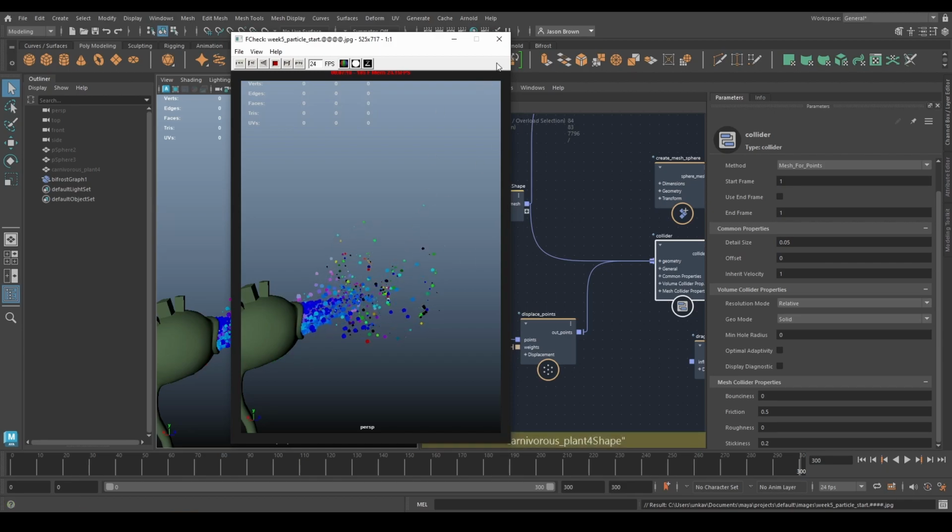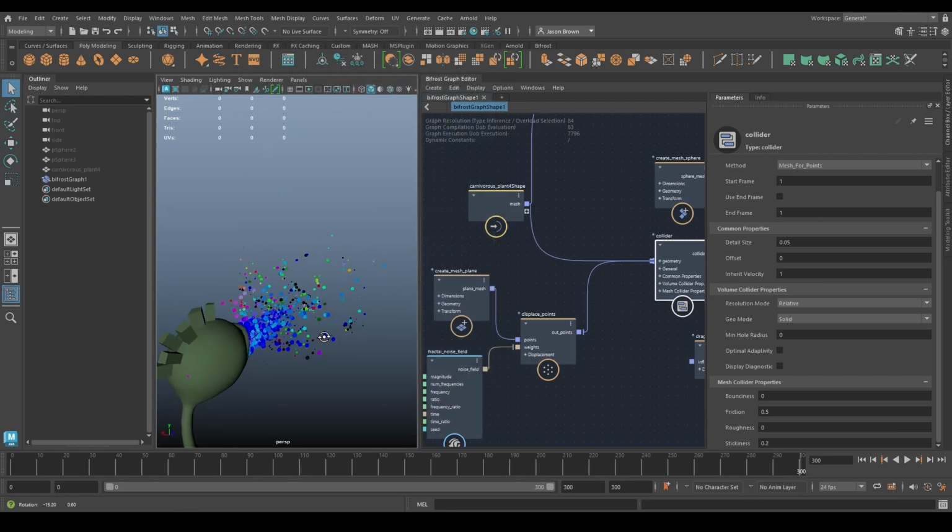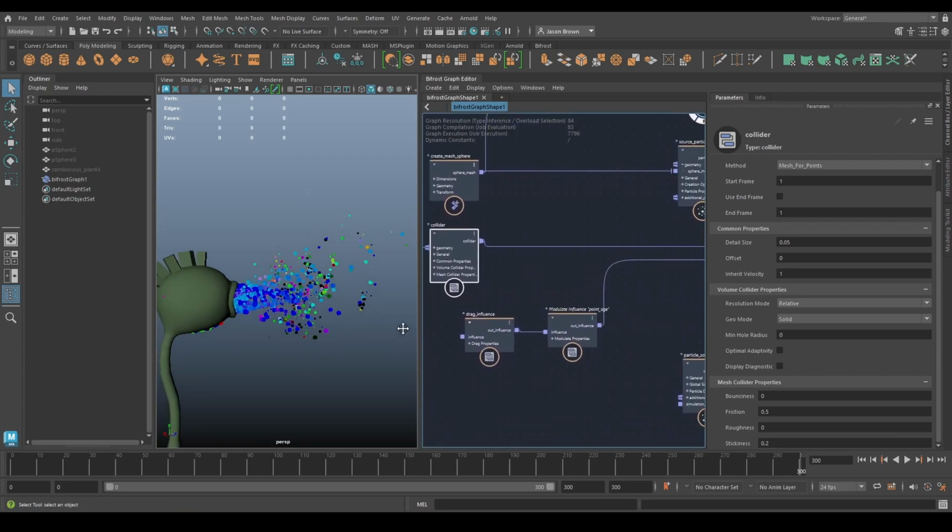So have a play with that. See what you can make out of it. A good challenge would be to see if you could make them dribble down the wall, obey gravity after they hit the wall rather than any other time. And of course, another good thing to do is